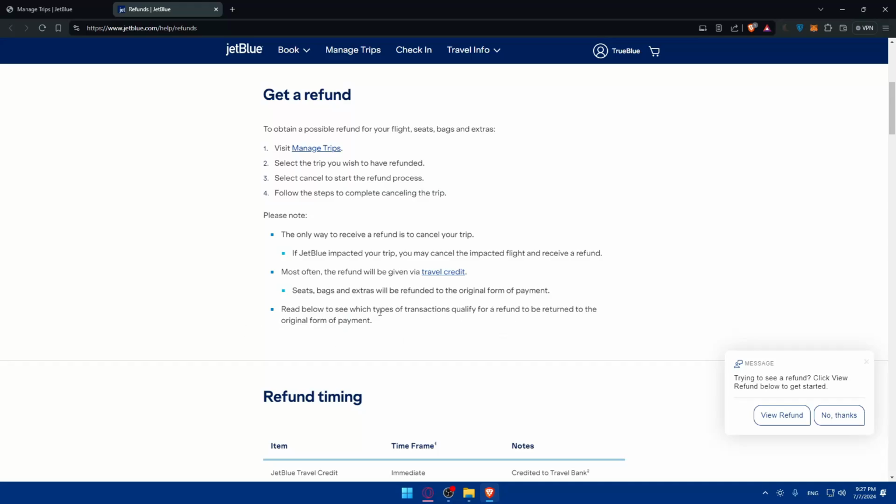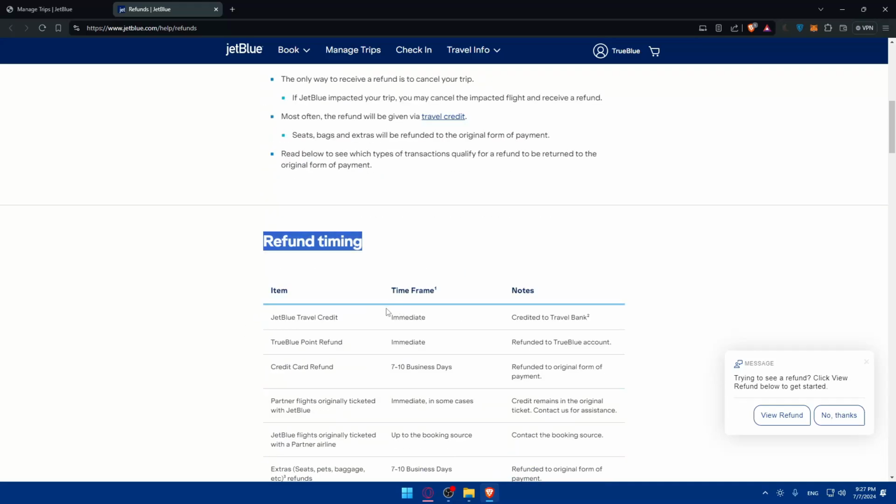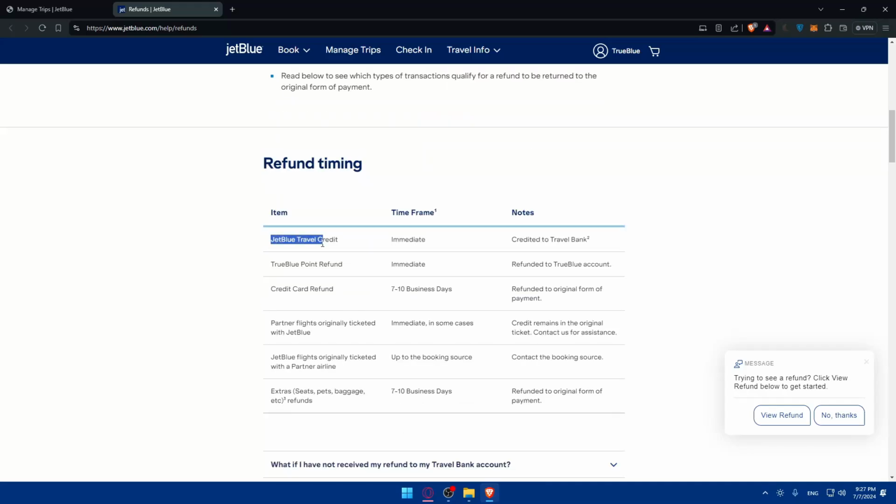original form of payment. For the refund time, as an example, if you have the JetBlue travel credit, the time frame will be immediate and credited to the travel bank. For the TrueBlue points refund, as an example, it will be immediate and refunded to the same TrueBlue account. If you pay with a credit card, they will refund you within 7 to 10 business days to the original form of payment, which is going to be your credit card, maybe even PayPal or something